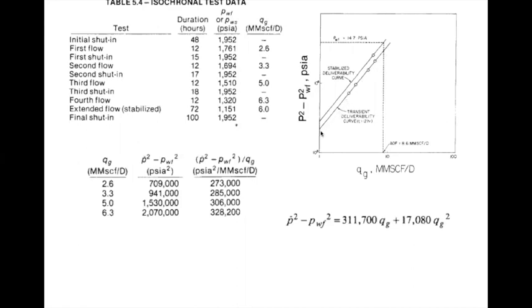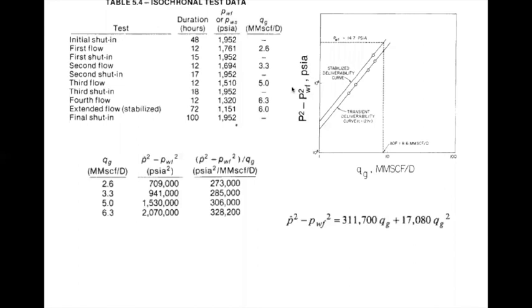And this is not the actual deliverability curve, this is the transient deliverability curve, because you have taken the data of pressure which is not yet stabilized. So the last test will give you the stabilized value of pressure and Q, and from there you can find out this point. Because you have the point but not the slope, the slope can be taken similar to this curve. So this is your original deliverability curve now, and from there you have the original deliverability equation. So this is all about this isochronal test. If you have any doubt, you can ask.